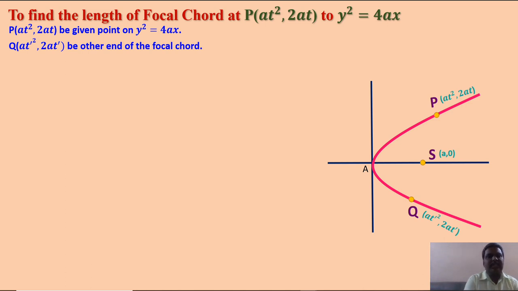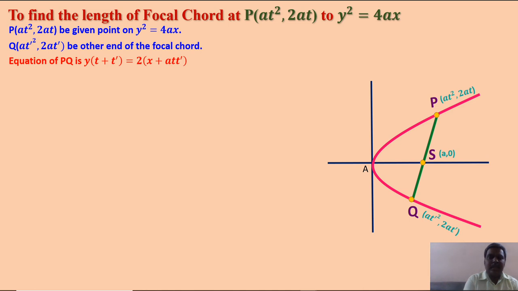What is your aim? You have to find the length of the focal chord which is drawn at P(at², 2at). That means your length must and should be in terms of t. Understand? This is my focal chord. So we are going to find out its length. See once again. This is my focal chord. Understand? Now we know the two points whose coordinates are (at², 2at), (at'², 2at'). Your aim, you have to convert t' in terms of t.